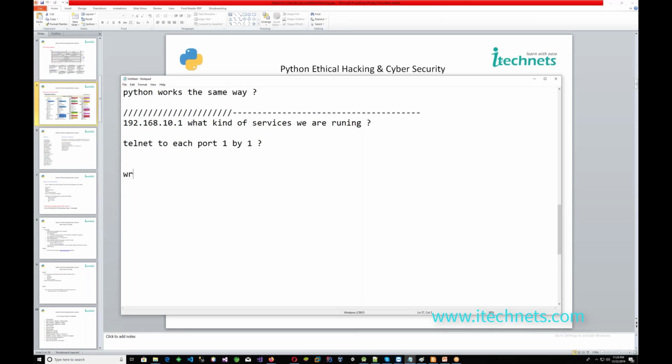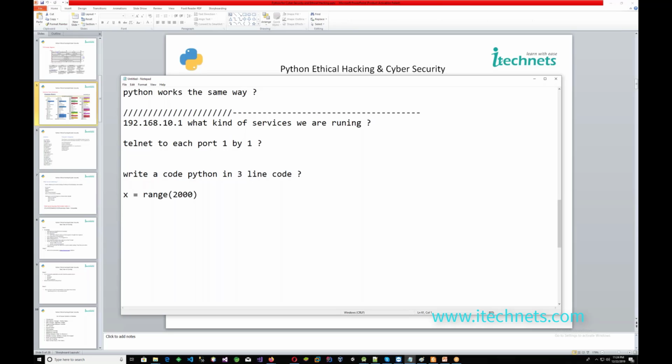What if you write code in Python, in 2 or 3 lines, that can find how many ports are open? Suppose I'm giving you just a simple x. I am giving you a Python code. Don't get too frightened. Let's stick to 2,000 ports, just 2,000 ports.